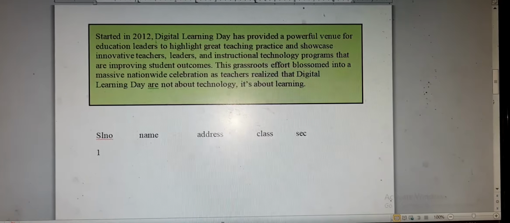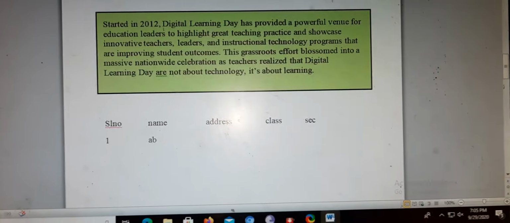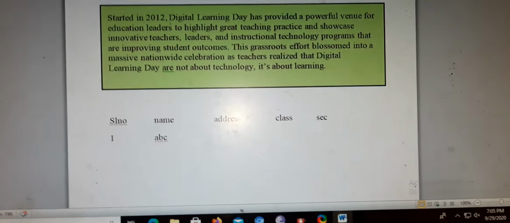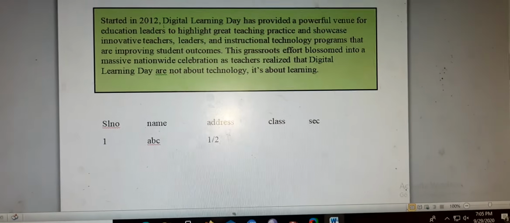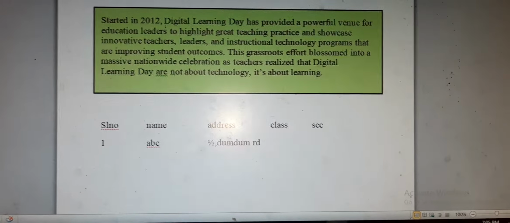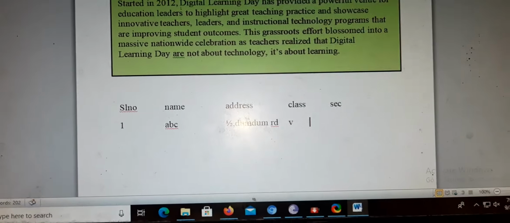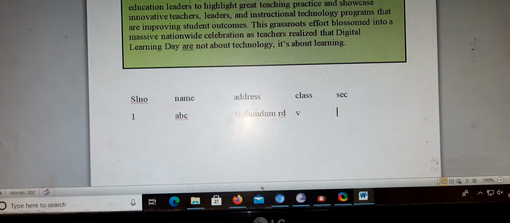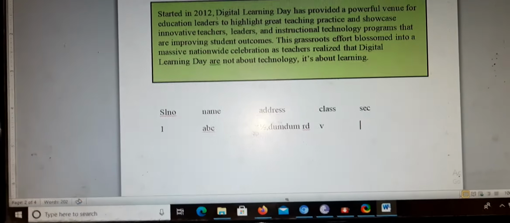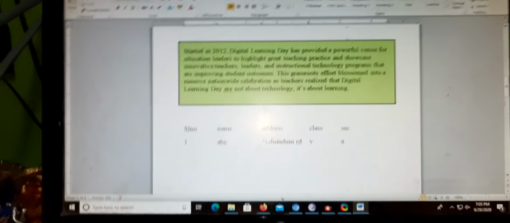Once again you can write, say, ABC. Like this, address we can say 1 by 2 Dum Dum Road. Like this, class 5. So here we have to go for section A or ABC, whatever you can go for. So like this we can use the tab key for your own purpose.